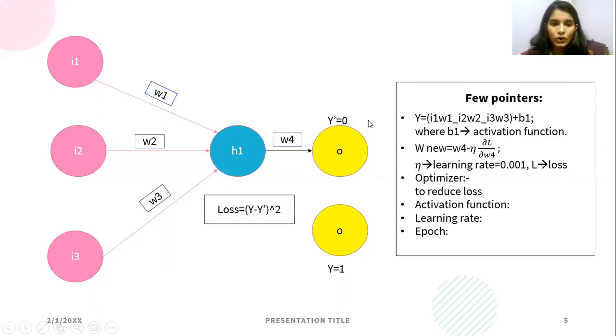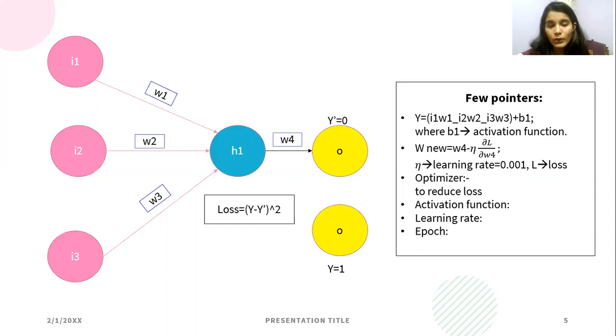All right, so we get y dash, which is the predicted output. Now I already know that in my training data set, the output for this is 1. That is y equals 1. I already know that since this is supervised learning, as I said. So we know the result.